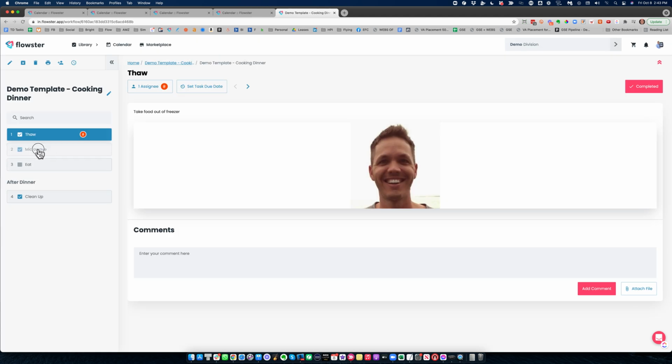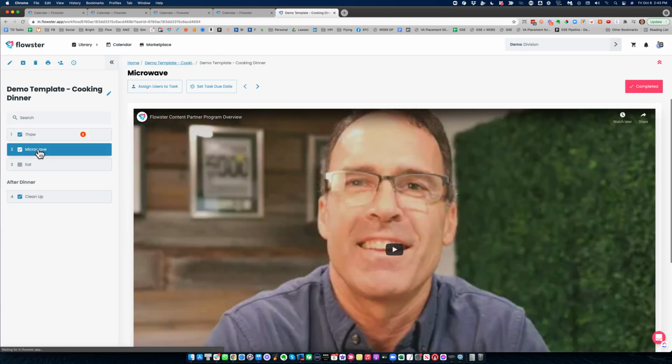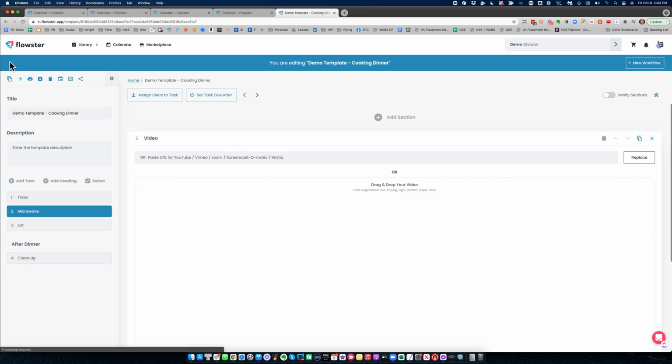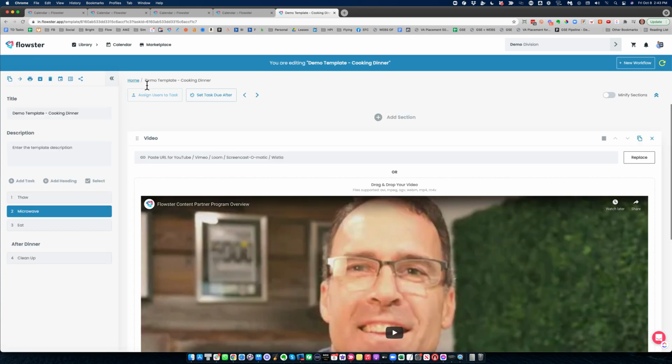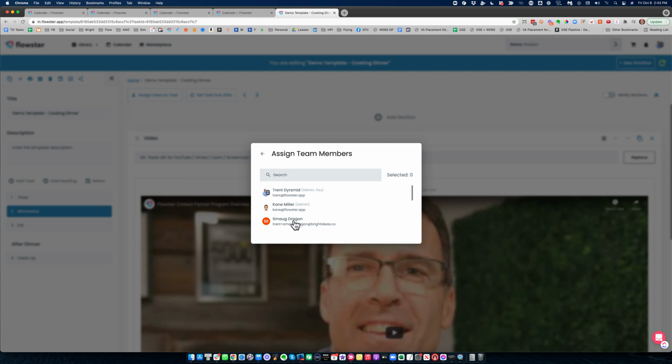But what if you wanted step number 2 to be assigned to Smog every single time this workflow was run? Well, you could click it manually every time you ran it, but that would be a waste of clicks and a waste of time. So it's much smarter to go into the template and assign Smog to step number 2